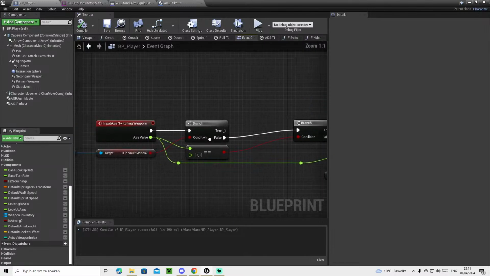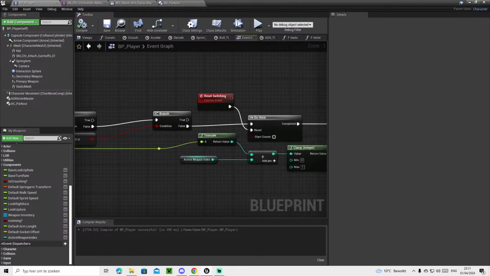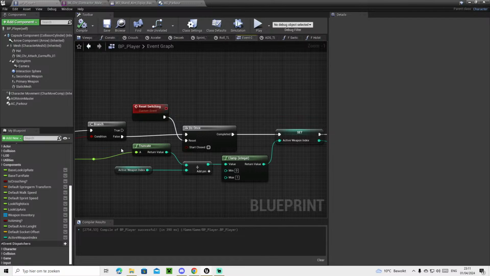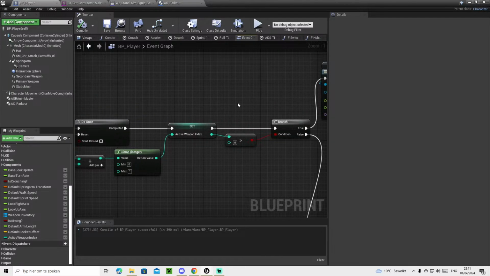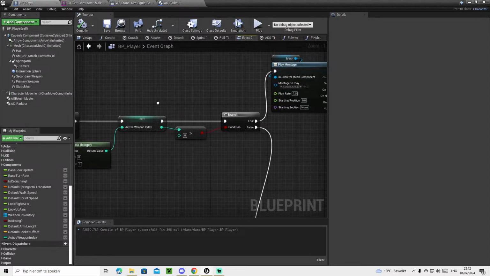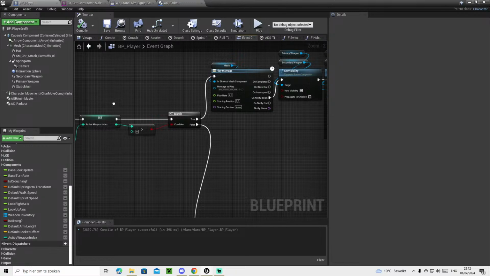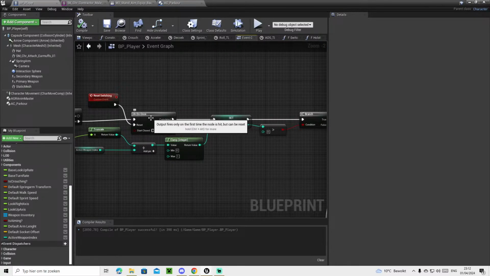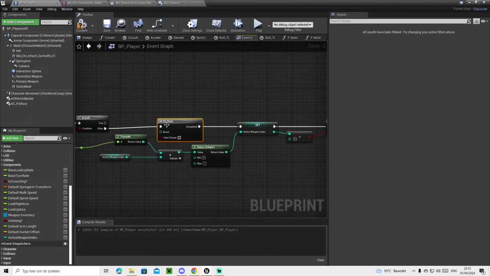So before we actually switch the weapon, which is right here, I think we just want to have it do once and have the other one reset it, if you know what I mean. So instead of doing this,